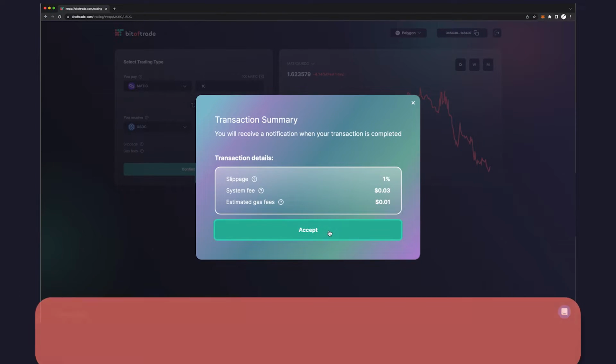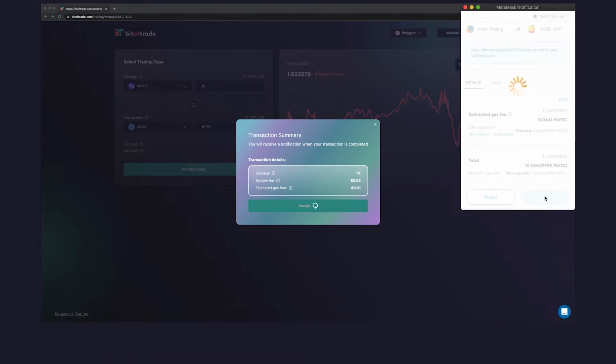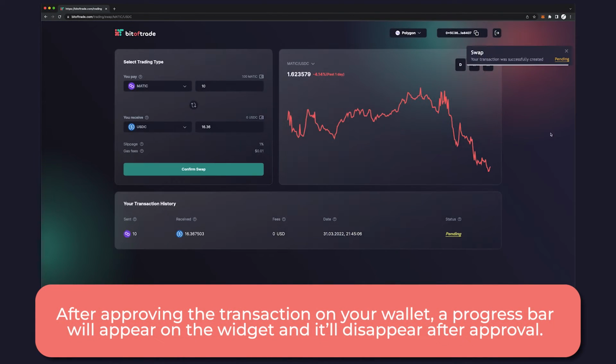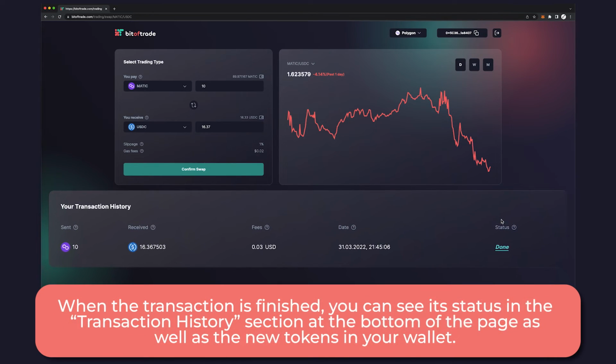6. Accept the terms and your MetaMask wallet will open automatically. 7. After approving the transaction on your wallet, a progress bar will appear on the widget and it'll disappear after approval. 8. When the transaction is finished, you can see its status in the Transaction History section at the bottom